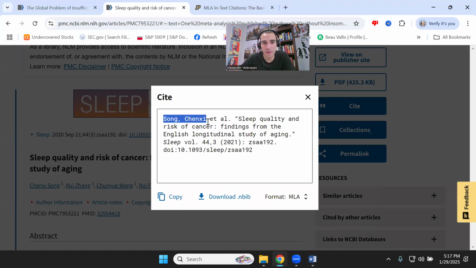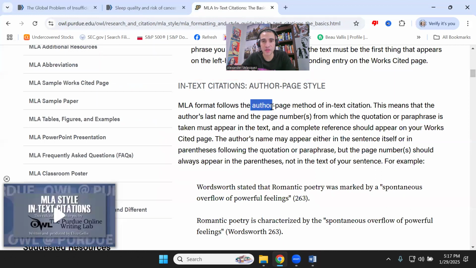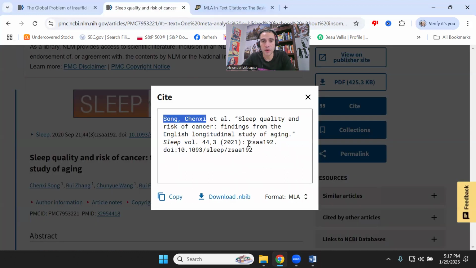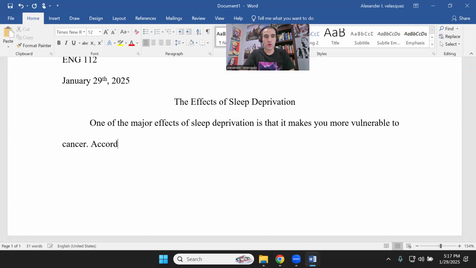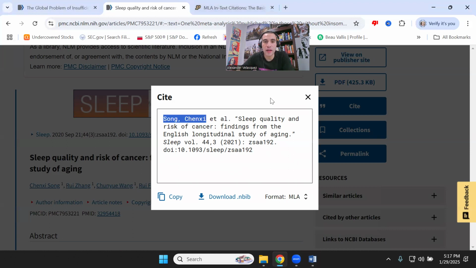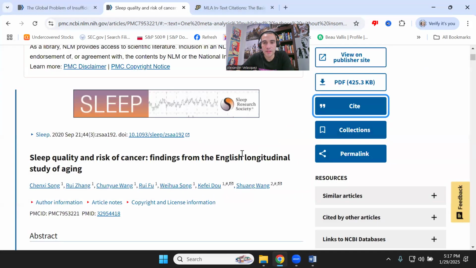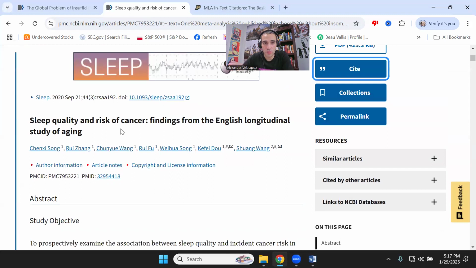It'll make more sense when I show you this instead of just explaining it. But for now, this is how I know who the author is. So remember, for in-text citation, first thing you do, you're going to put the author. Okay, so who is the author? The author is Chen Shi Song. Now we know. Okay, so what I'm going to do is I'm going to go back to my paper and I'm going to say this. According to Chen Shi Song,